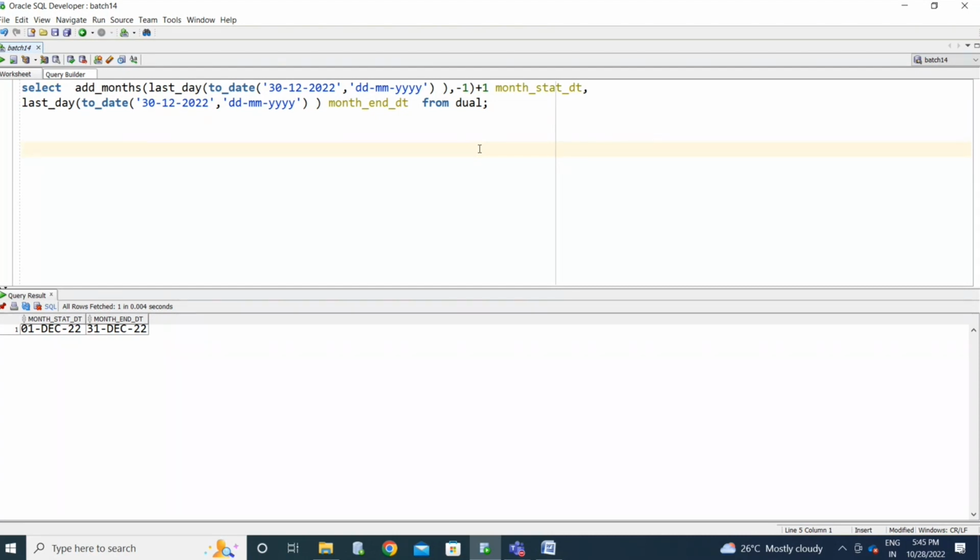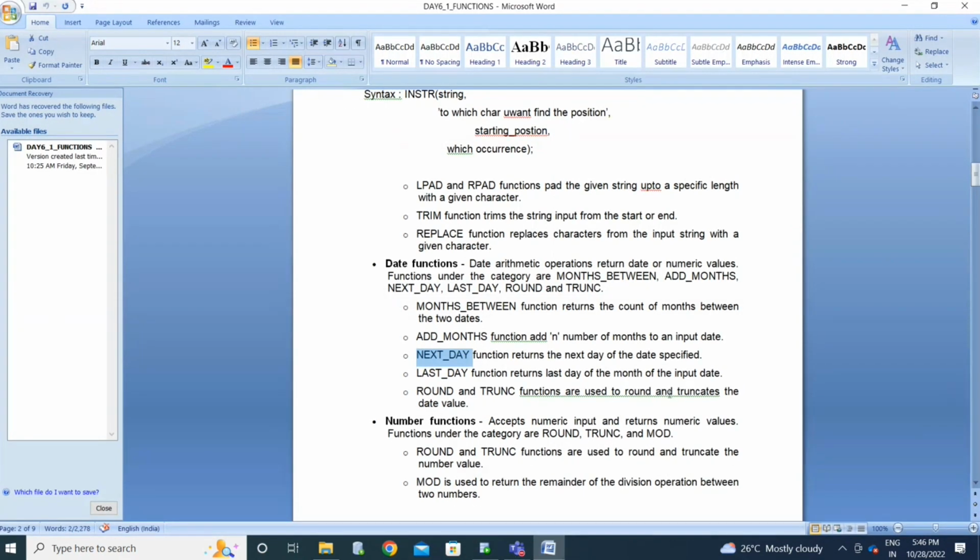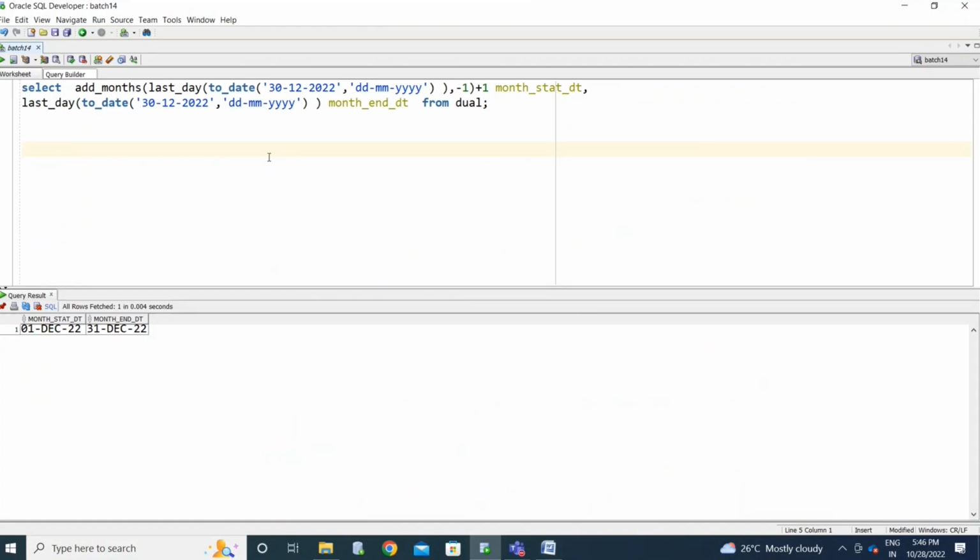See, in mathematical functions, we have the round function. You know, in mathematics, if the value is less than 0.5, we make it 0. If it is greater than 0.5 or 0.9, you make it 1, right? Similarly, we have two functions in the mathematical, round and as well as trunc. Okay, round and trunc function. So we'll discuss round and trunc in the numerical, then we'll discuss the things in the quiz. Okay, now we'll see.